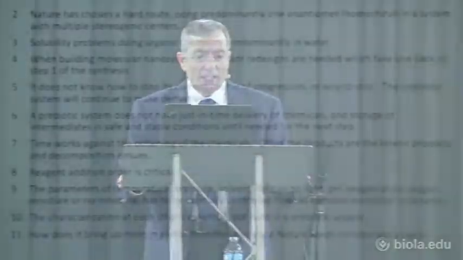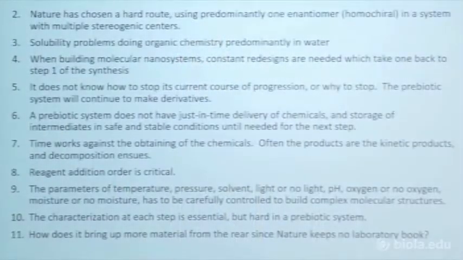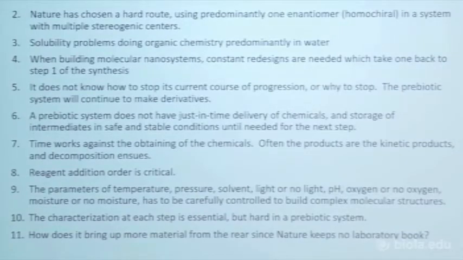So that was the first thing. There's a number of criteria that nature has to deal with. If you view this totally as a materialistic world, nature has chosen a hard route. It's chosen most of its molecules can be enantiomeric, and it's chosen them as homochiral. So the system has multiple stereogenic centers, and it's chosen homochiral. These are hard compounds to work with. Just trust me, it's very hard to do homochiral synthesis on something with multiple stereogenic centers.